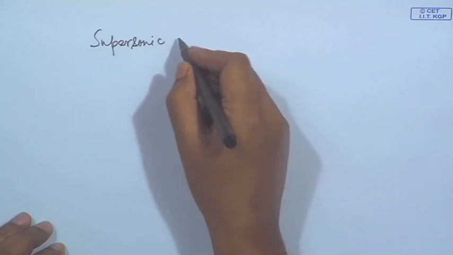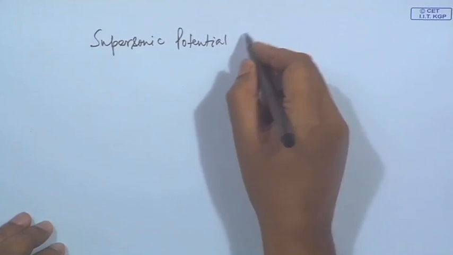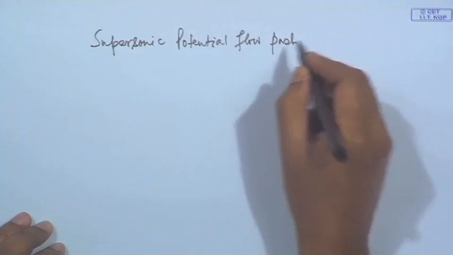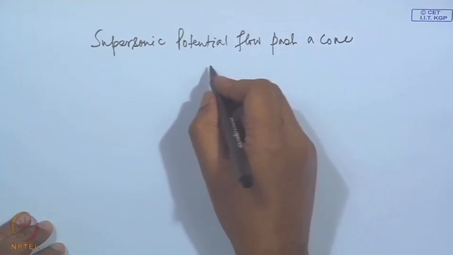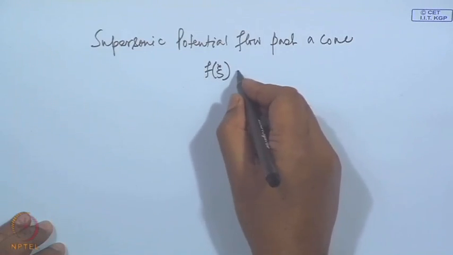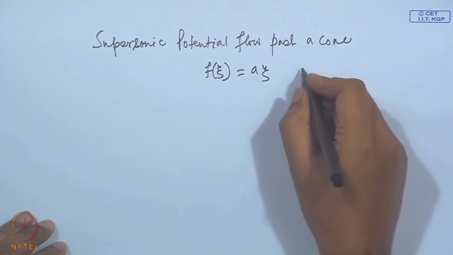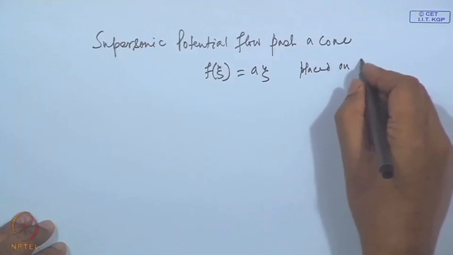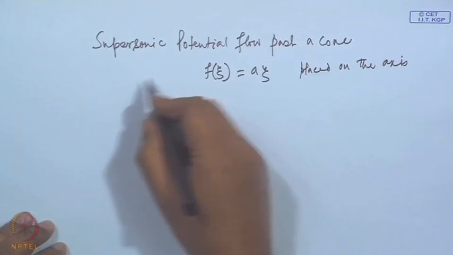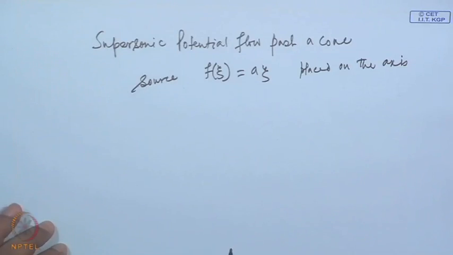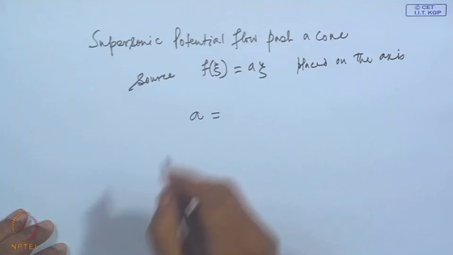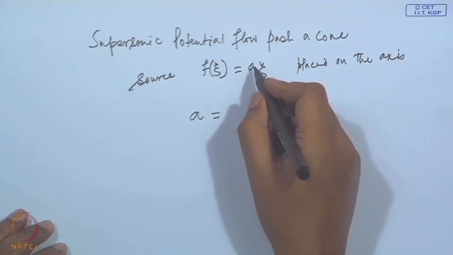So, in our last class we have considered supersonic flow past a cone, and we have seen that the flow past a cone is given by a source distribution f j equal to a j placed on the axis, and we found that for a given cone at given free stream Mach number, this constant A is given by